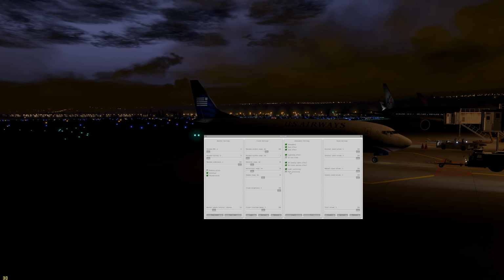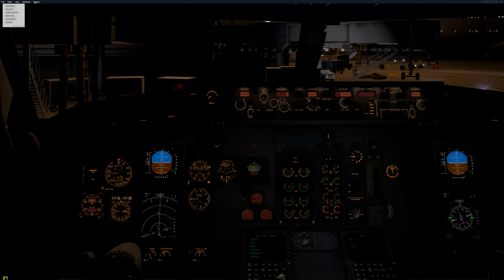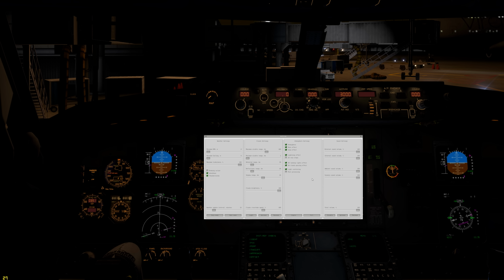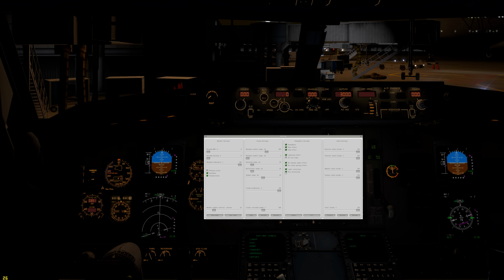Post-processing, I'm not entirely sure what this does, to be honest. It does seem to cause a gray overcast if you're in the VC. Let's go ahead and get into the VC here and bring up EnviroX settings. One of these days I'll get it right. And go ahead and hit post-processing and then close it. Oh, okay. Well, it didn't actually seem to do anything to the VC here, but as you can see, my frame rate has dropped a bit. So let's go ahead and turn that off and uncheck post-processing, and let's go back to the